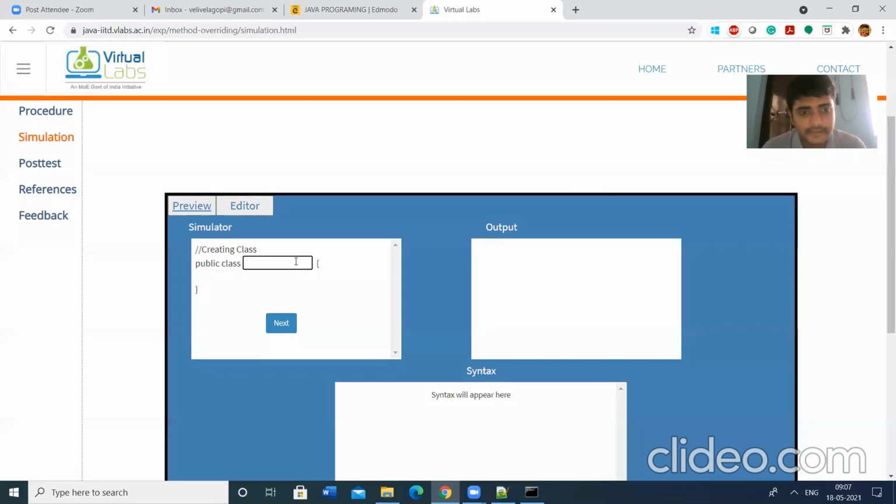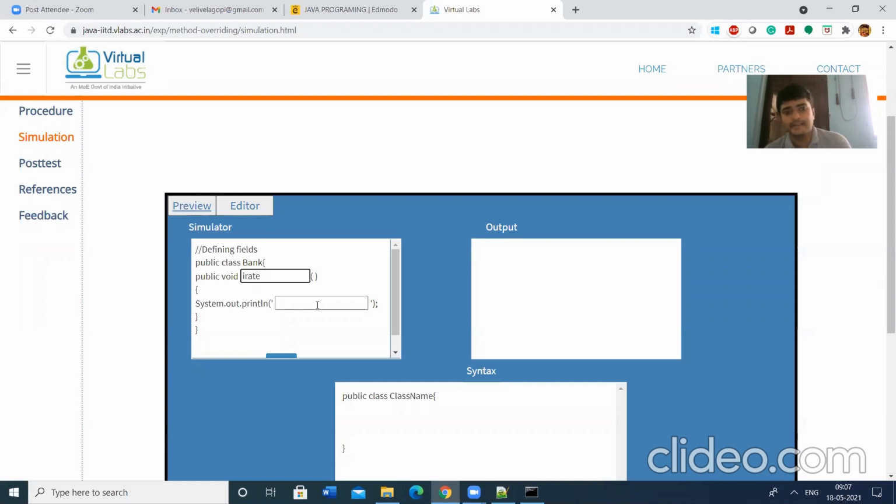The class name is Bank. In Bank, we are defining the method irate. In main, I am displaying some definition, Main Bank.